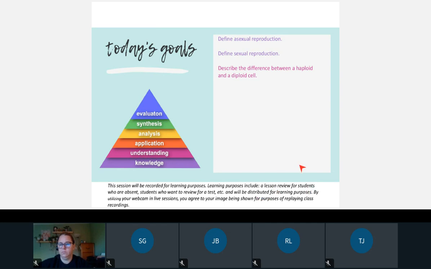Again, for those of you who don't know what these colors on these charts are, these are what help find what our goals are, what kind of level we're thinking at today. So when you see this purple text, we're going to talk about this basic level of just starting to understand something. First, we gain knowledge and understanding. Yesterday, we were up here in the top of the triangle where we were actually using the information that we had gathered on photosynthesis and cellular respiration, and we were synthesizing that. We were putting that together and processing, like in your cell projects.